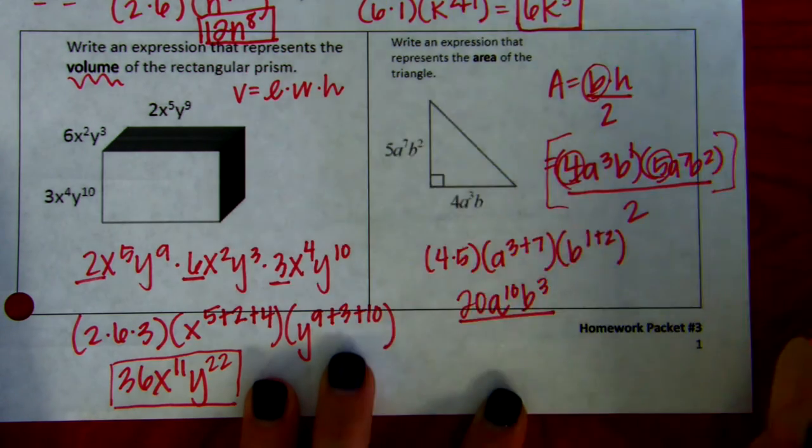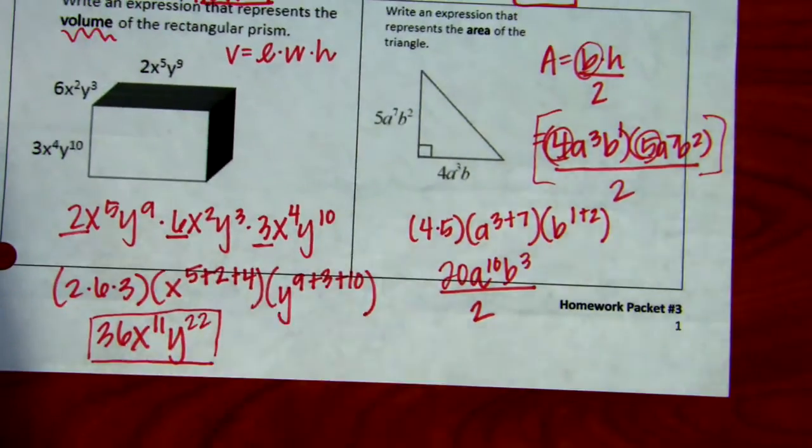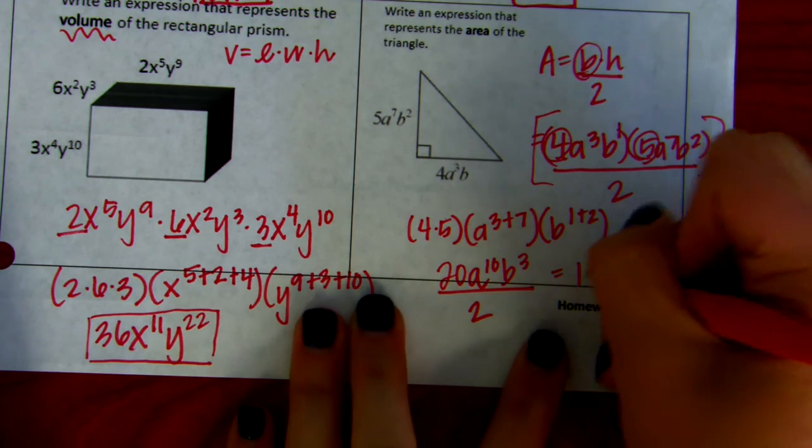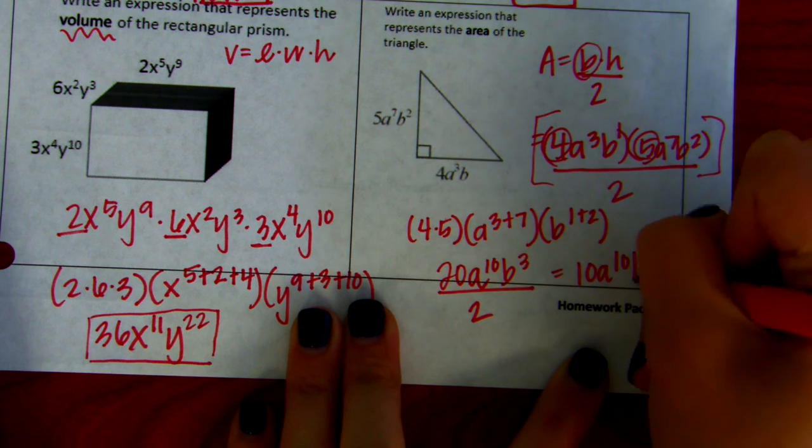I have to put all of that over what? 2. We have to remember to divide by 2. The only number that I can divide by 2 is the coefficient. So what is 20 divided by 2? 10. My final answer is 10, a to the 10, b to the